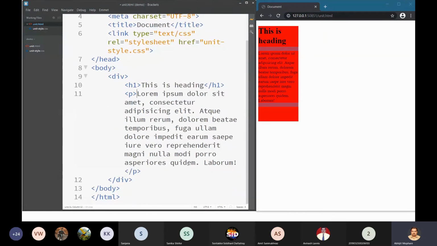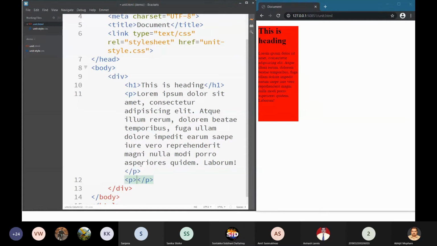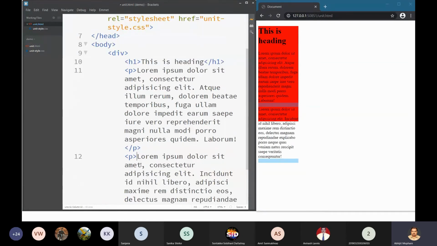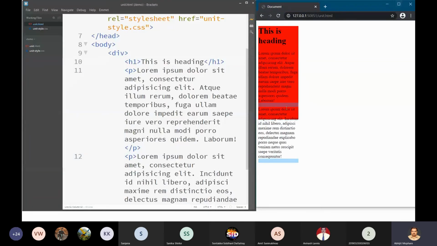See, if I give more content than the actual size of the div, it will go outside if it is going below the height. But it will not happen for the width. So these kinds of behaviors are a little bit weird.